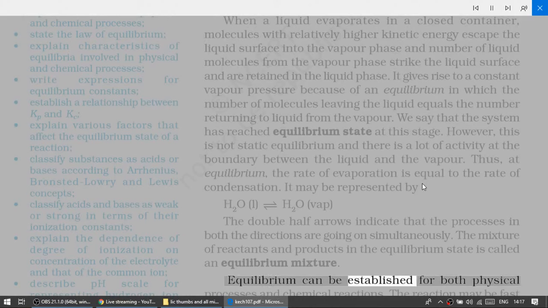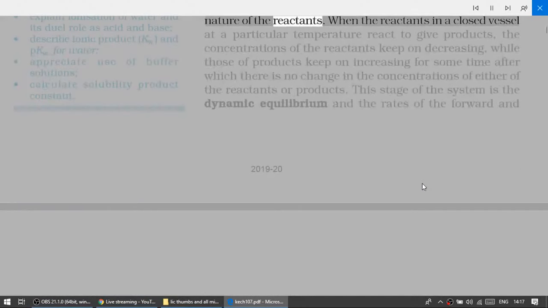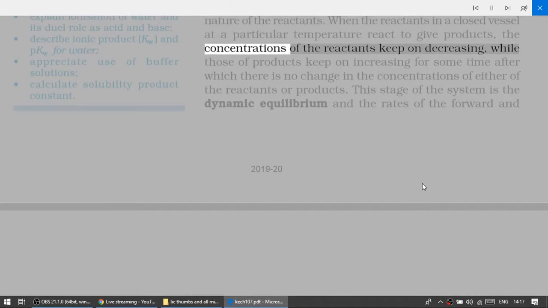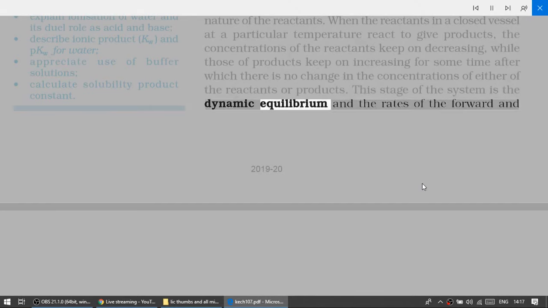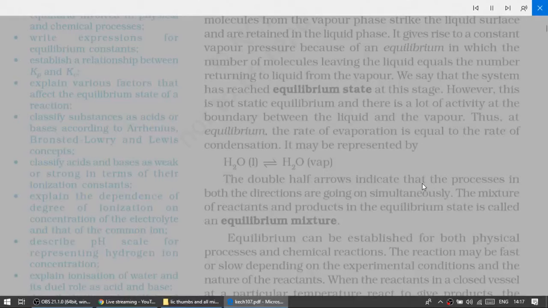Equilibrium can be established for both physical processes and chemical reactions. The reaction may be fast or slow depending on the experimental conditions and the nature of the reactants. When the reactants in a closed vessel at a particular temperature react to give products, the concentrations of the reactants keep on decreasing, while those of products keep on increasing for some time, after which there is no change in the concentrations of either of the reactants or products. This stage of the system is the dynamic equilibrium, and the rates of the forward and